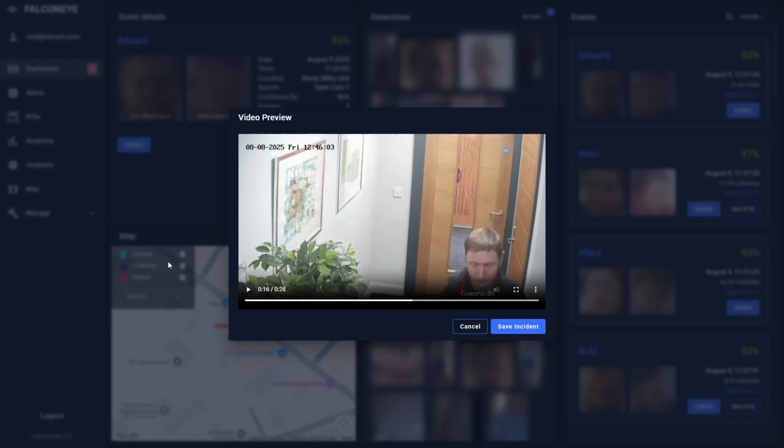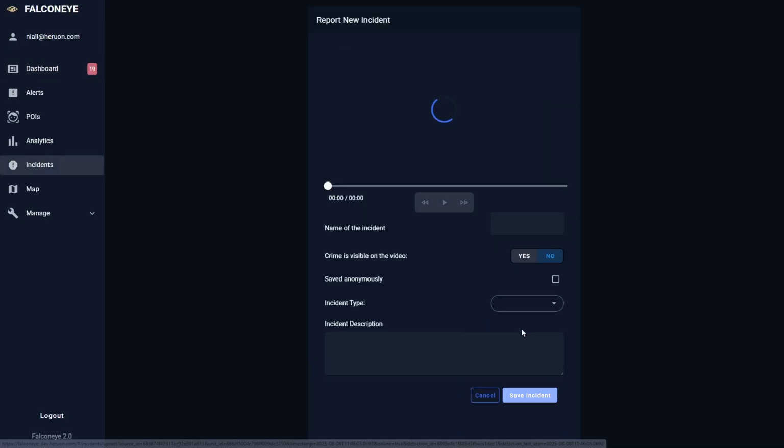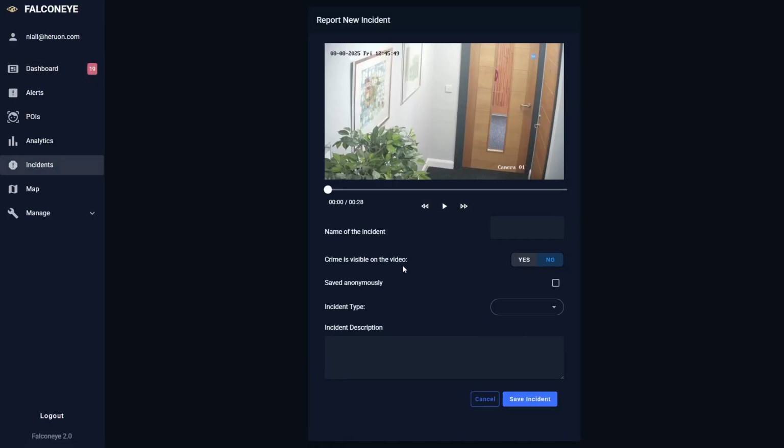After reviewing the video, if you are satisfied, you can save the video as an instant. Press the Save Instant button, and you'll be redirected to the Report New Instant page. You can continue to review the footage, but if you are happy, you can give the instant a name,